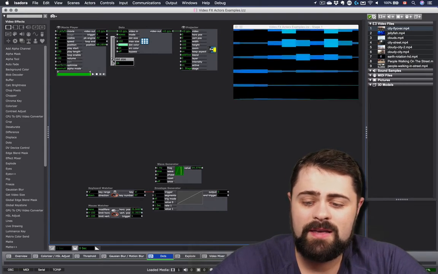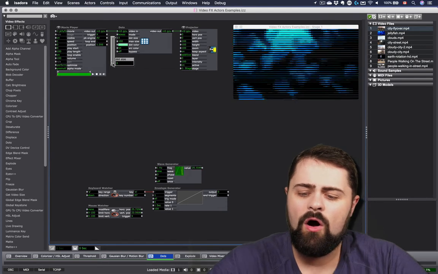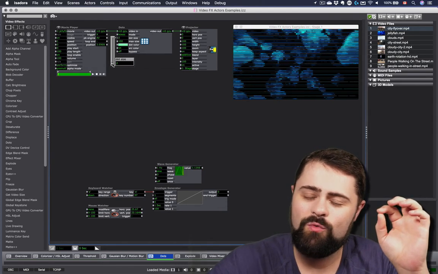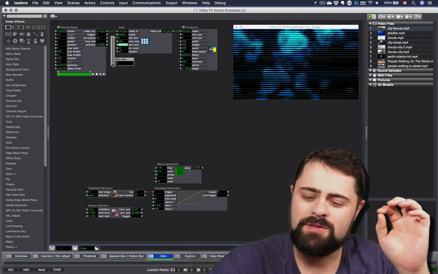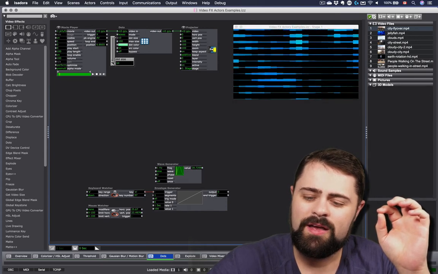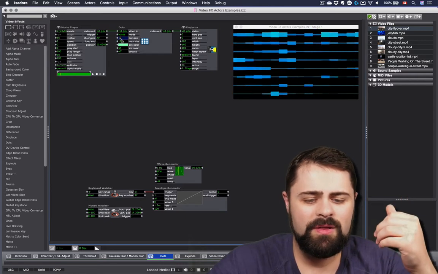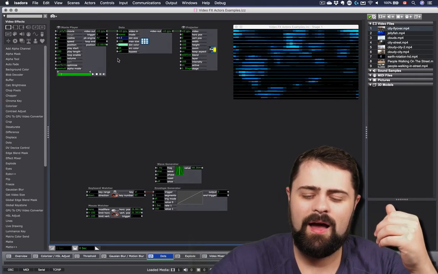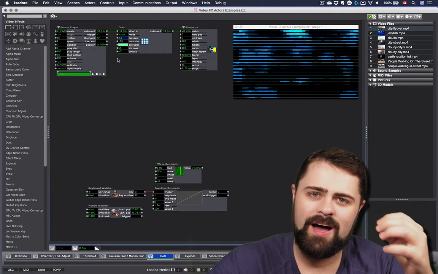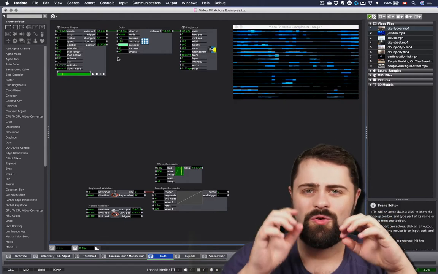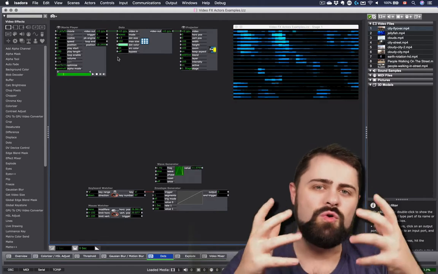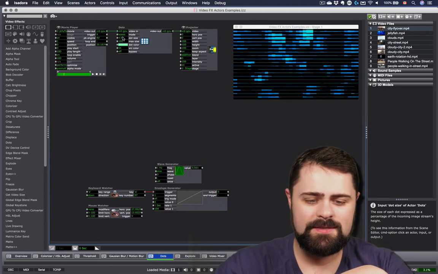By varying things like the dot size, we can almost get a glimpse of what the original video was, but as soon as we make it much larger, it starts to become more and more abstract. I really, really love this effect, and I come back to it time and time again to create subtle mood-like features in my own designs.